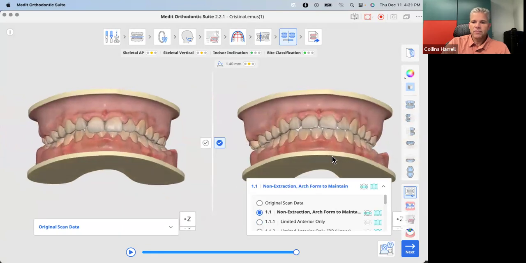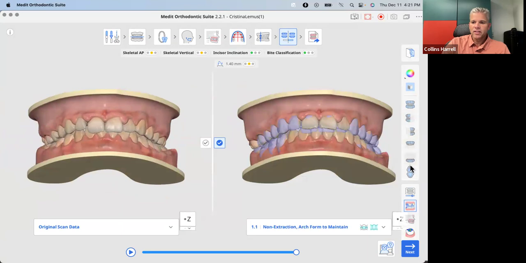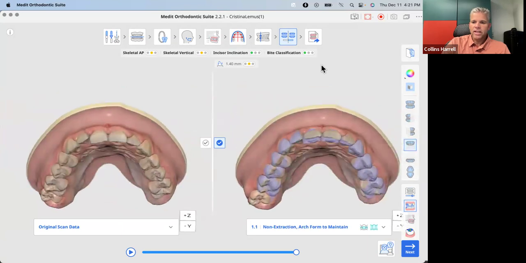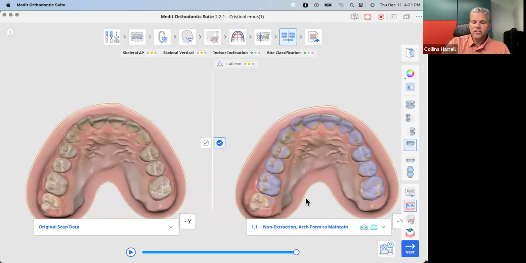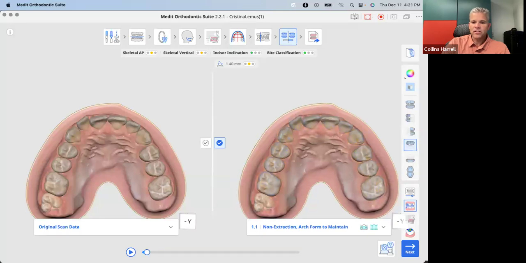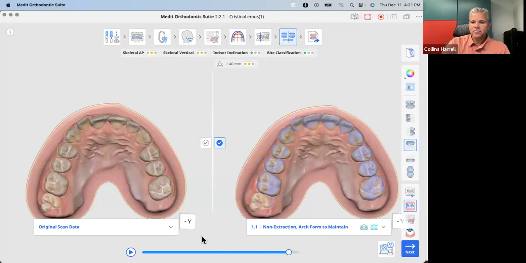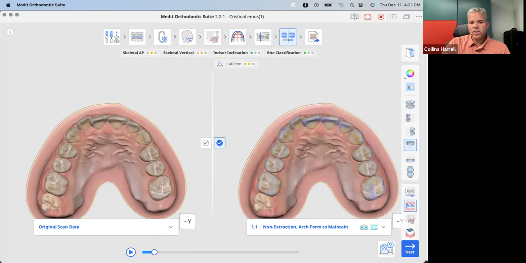And so I don't think the upper midline shifted. Let's look at the superimposition. The way that we placed it did shift a little bit. So it is shifting to the patient's left side. So I guess that would be a question of whether or not, looking at the patient's actual photos,